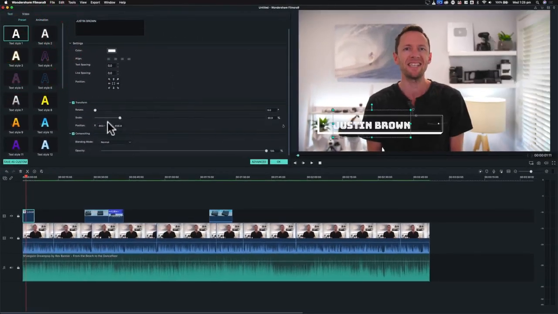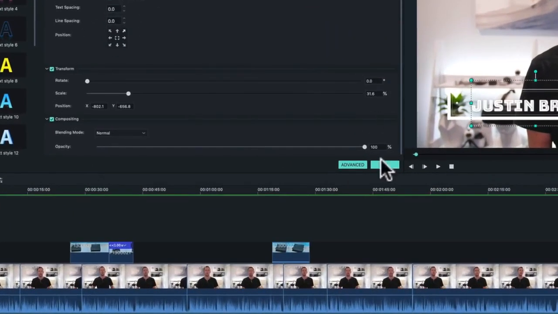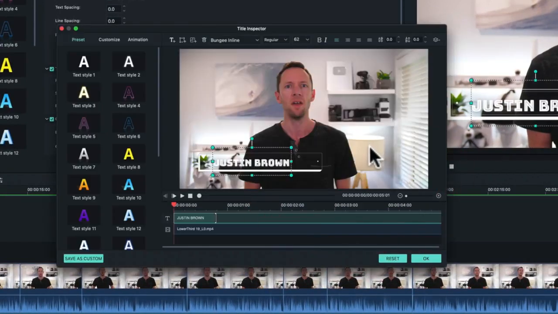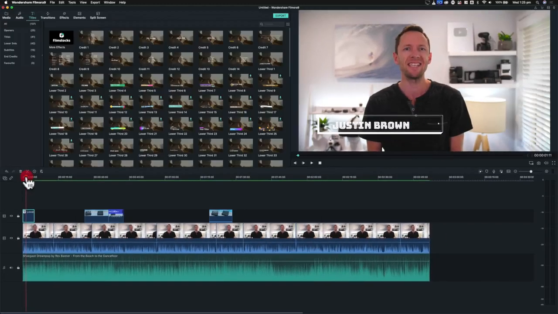We can come down here and you can change the position or the rotation. We can make it bigger or smaller. All of those sorts of things. You can really customize everything up in here. And if you want some more advanced control over this, then all you need to do is hit on advanced. And this is where you really open it up in their full title editor, or title inspector as they call it. So for us, we'll just go okay now,